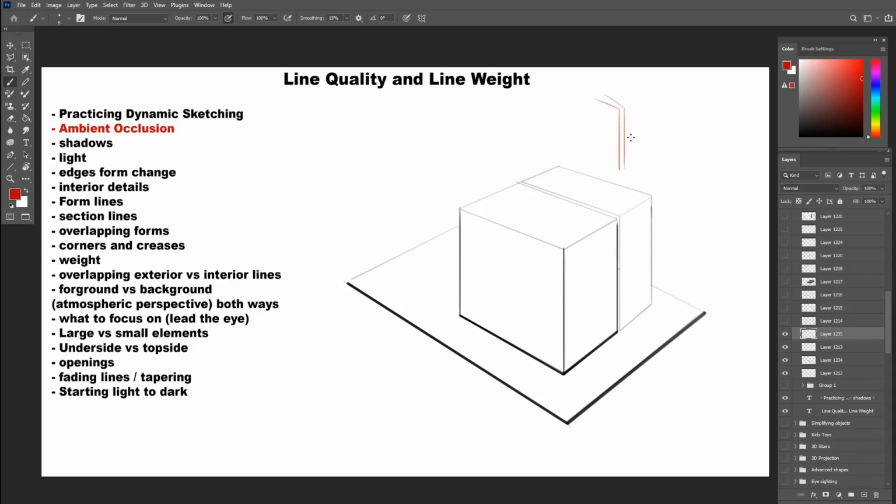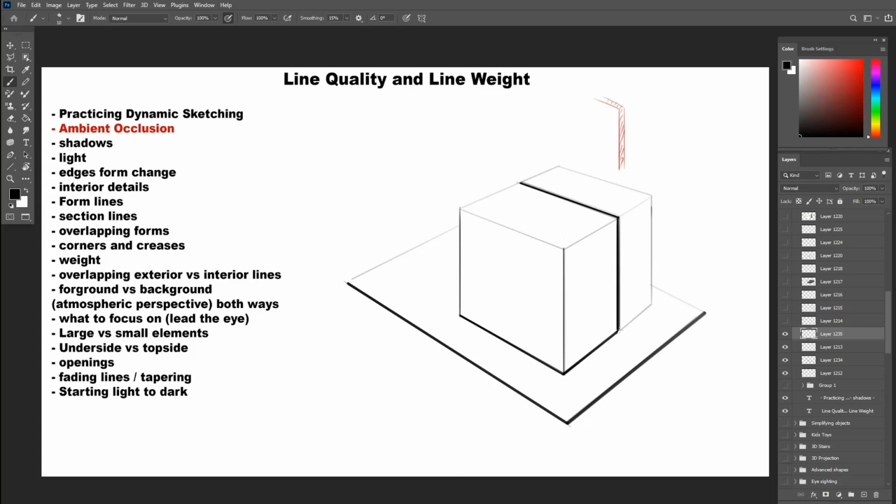So ambient occlusion will dictate the thicker and darker lines to separate the objects between each other and to suggest darker shadows in that area. This is of course in case of drawing. In painting, we simply paint the values without any lines in between. The same will be for the carpet and the ground beneath it. It will always have a thicker line there to represent the ambient occlusion.